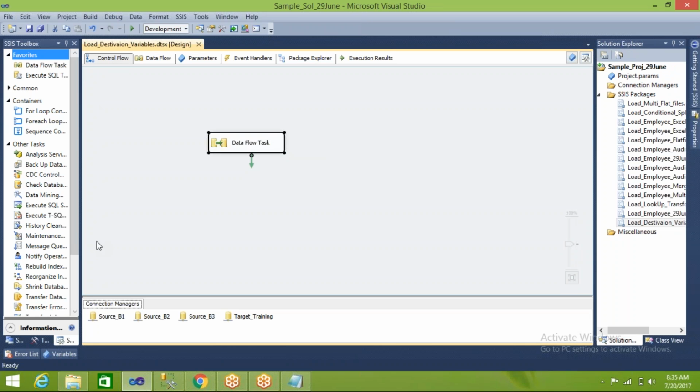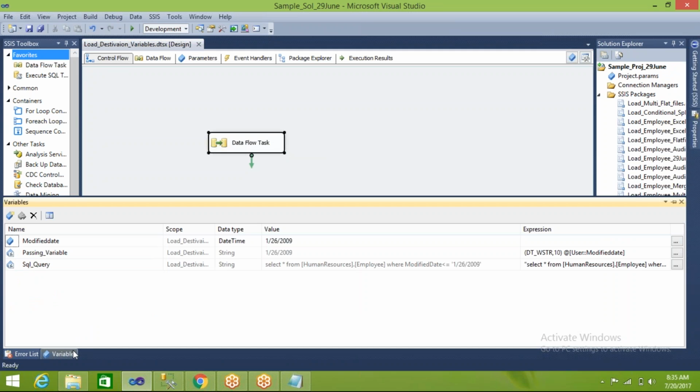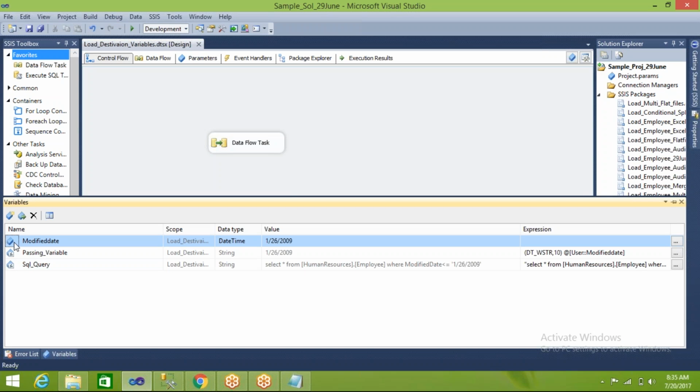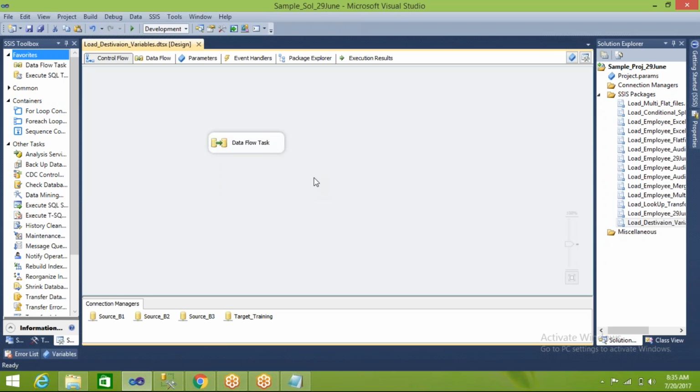Let us say after 2 days if you want to execute the package, then what you have to do is open the package again and open the variable. Instead of the variable, you need to change the value here manually. Instead, what we can do is, if the system updates this date value automatically every time, then it will be good for us, right? So for that, what we do is,